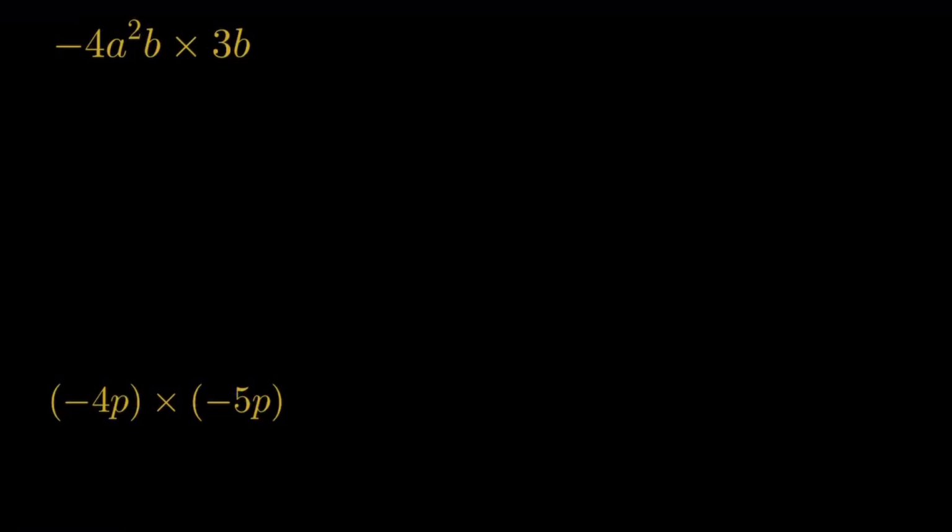Question number 3, we have negative 4a squared b times 3b. Negative 4a squared b means negative 4 times a squared, which is a times a, times b. Then 3b means 3 times b. So let's rewrite this expression. Negative 4 times a squared, meaning a times a, times b. So this is the first part of the expression. And times